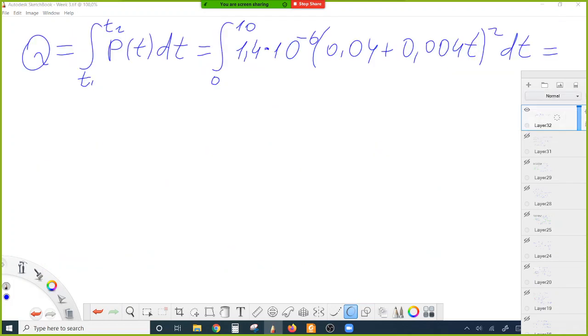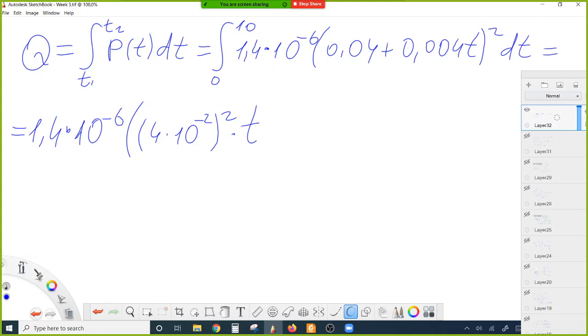Now we need to integrate this expression. 1.4 10 to minus 6 is a constant term, so it goes out of the integral, and if we integrate we have 4 10 to minus 2 squared t, plus this multiplied by this, 2t, and it will be